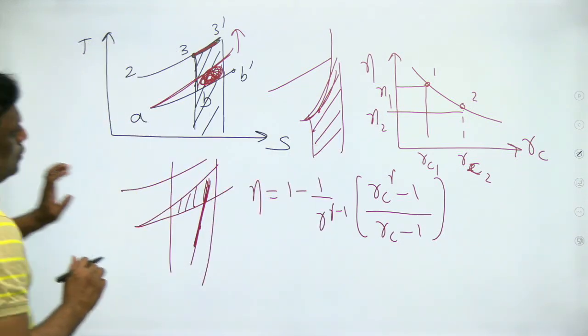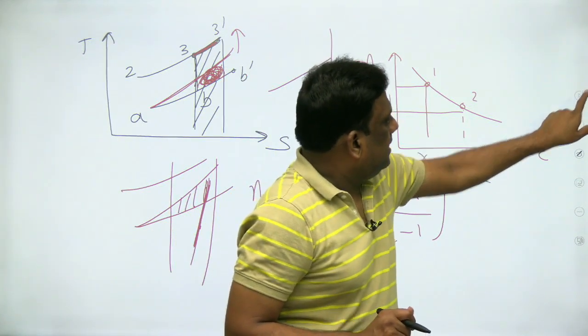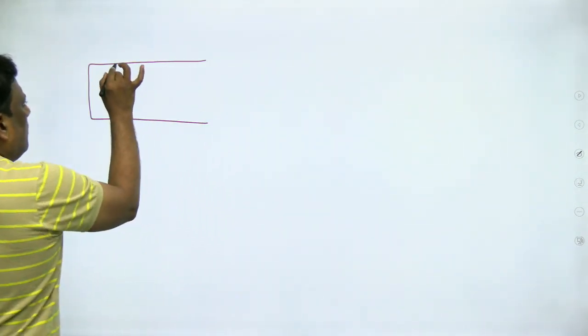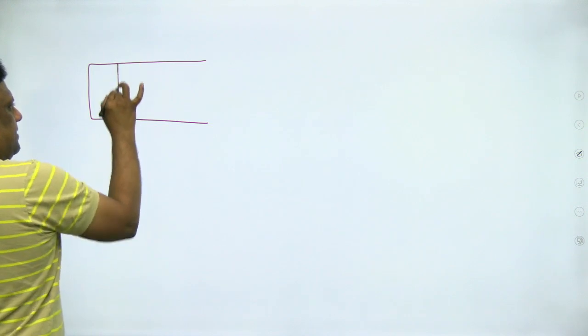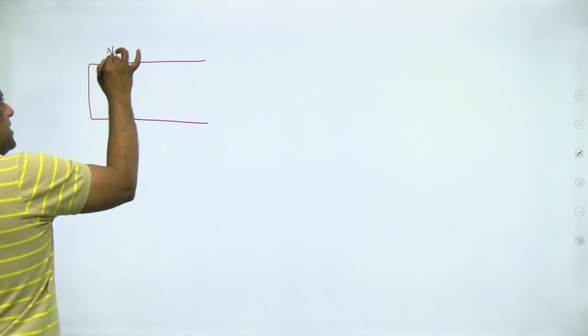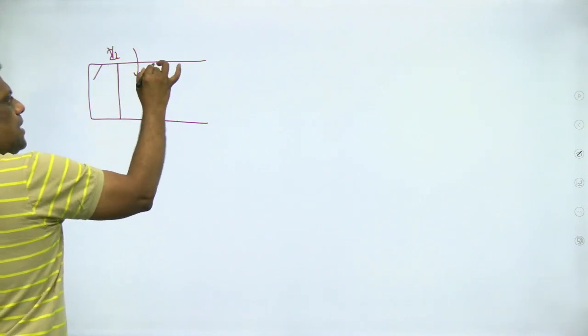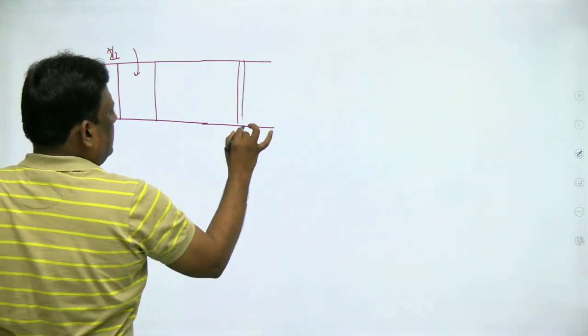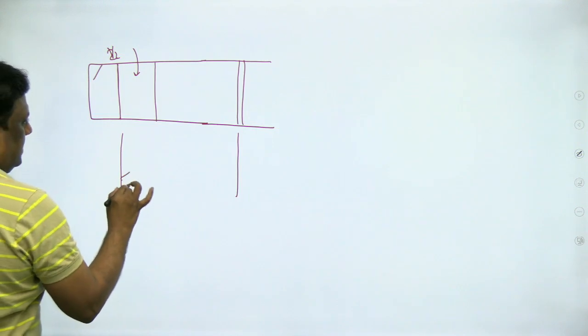Understand carefully. Let us see this in another way. Let's see it in a different manner. So my dear students, from here, let us say you are supplying heat. V2, say this is state 2. Here we are supplying heat. So I have supplied. See, this is the final volume. This is the swept volume, let us say. This is the swept volume.